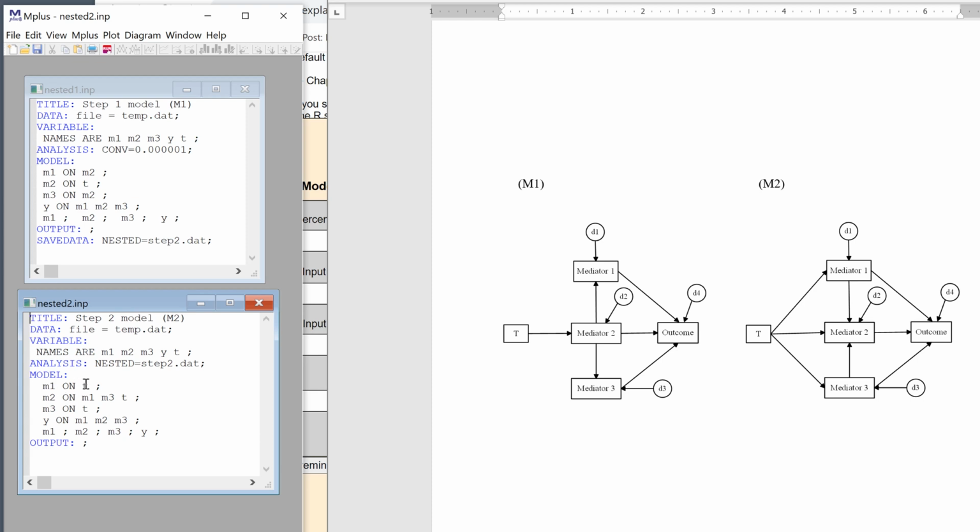Here I've regressed M1 onto T. That's here. And then M3 onto T. That's there. And M2 onto mediator 1, mediator 3, and T, and Y onto M1, M2, and M3, and then I have the disturbance variances. Okay, so now I run that,